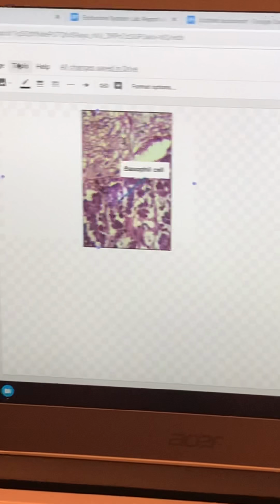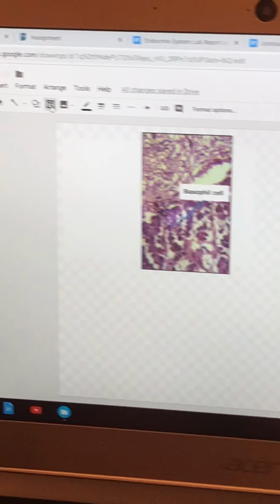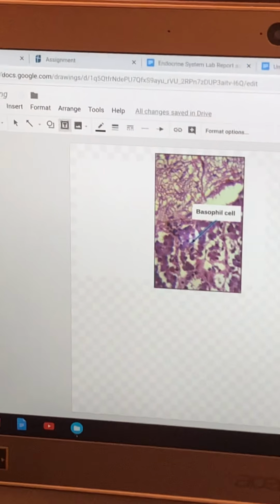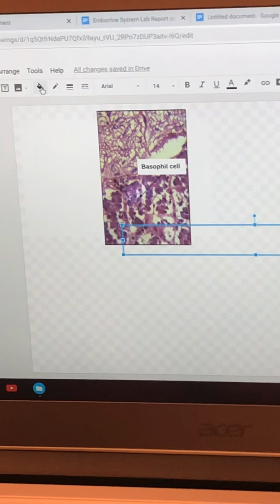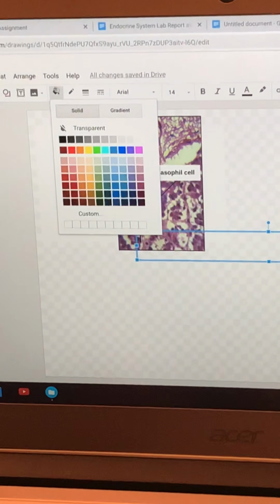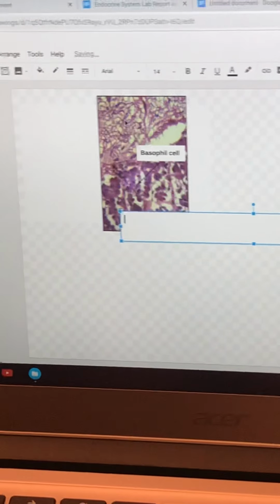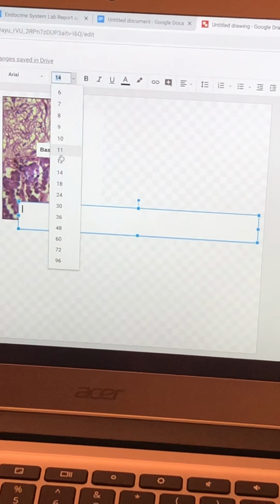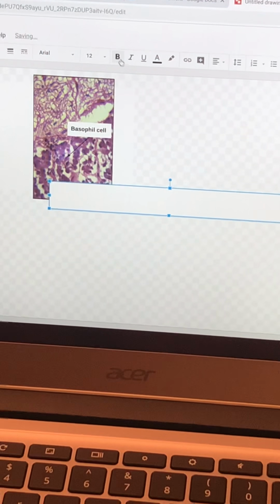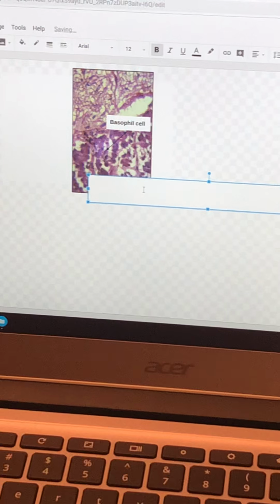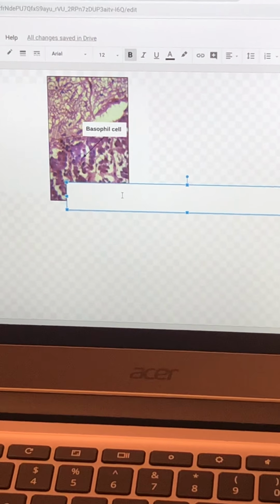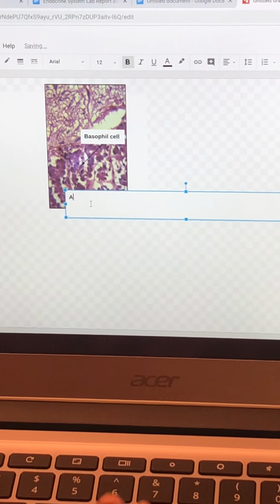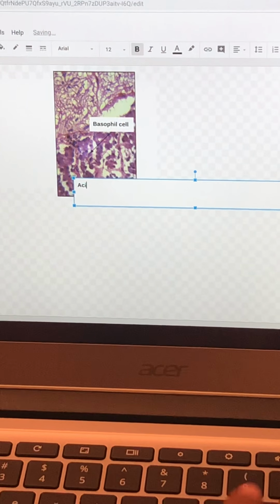So then I'm gonna go to my text box again, click on where I want the text to go. There's another text box. I'm gonna fill it in with the white background. So I click on the cup, then I go to the color that I wanna use. You don't have to, I like to use number 12, and then I like to make it bold so that it stands out. And this time we're gonna label the acidophil